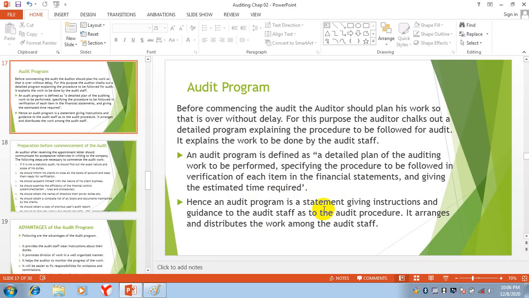These are the three main important objectives of the audit program: a detailed plan of the auditing work to be performed, in which our main focus is on the procedures to be followed, the allocation of time for each work, and the distribution of work among the audit staff. This is basically an audit program.